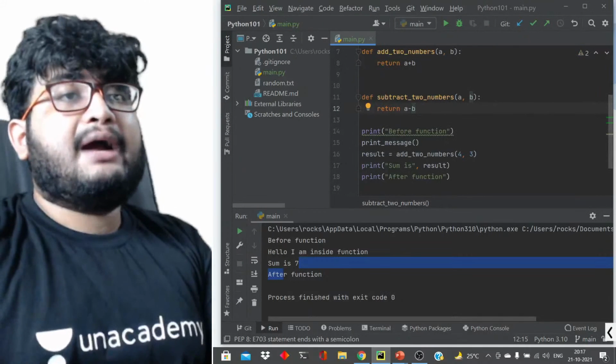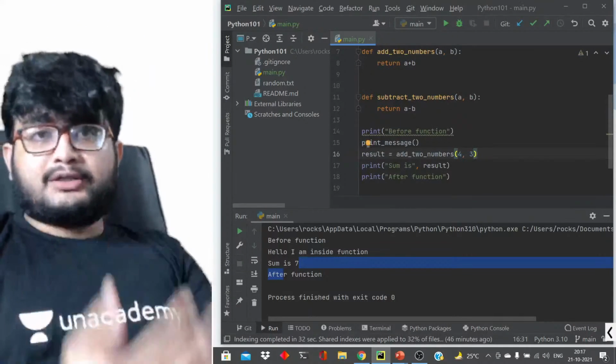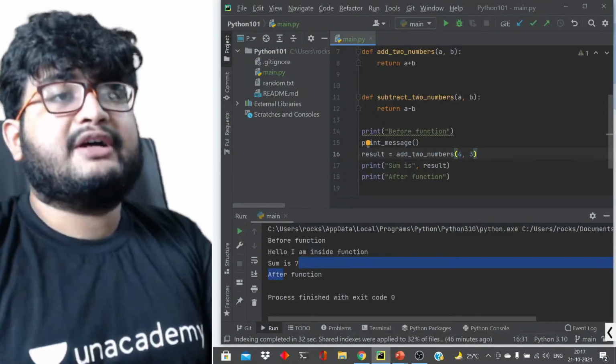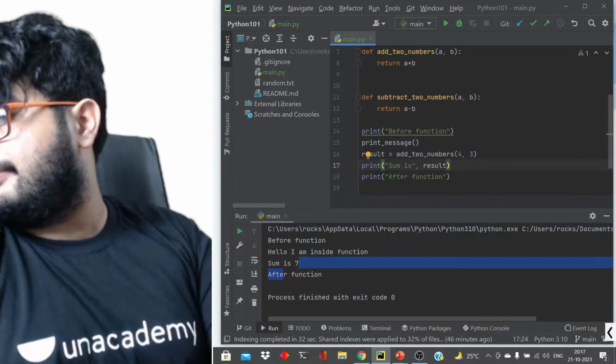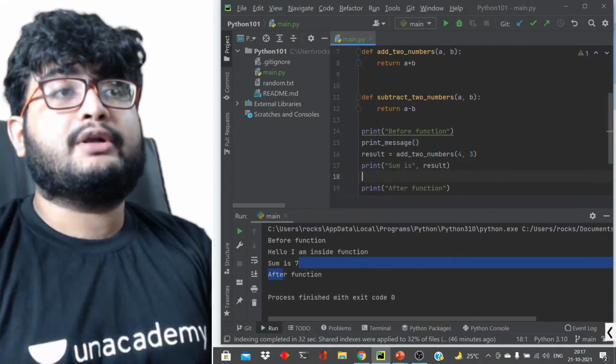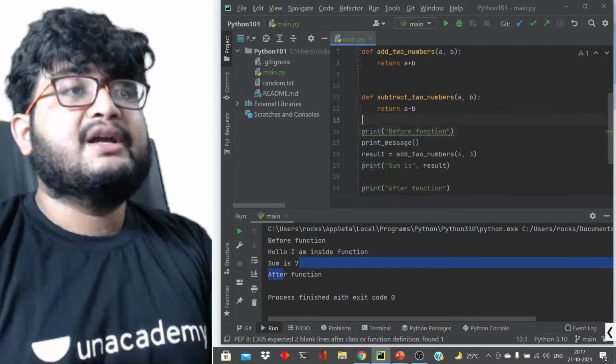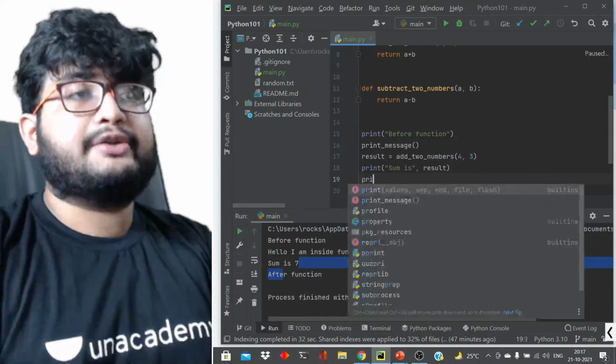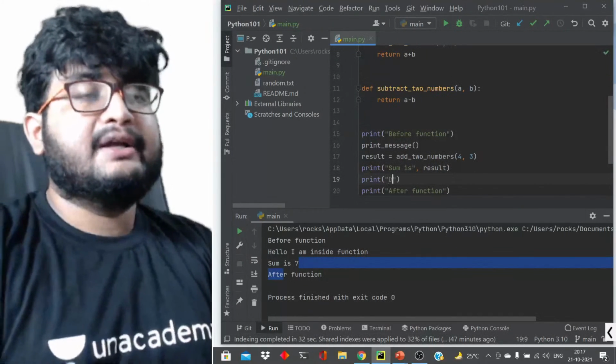Okay, now I was talking about the order of the parameters, and also Bhushan, you were asking why we are using this result, right? We don't need this. In this example, we'll not use it. We can directly use the print statement. Difference is